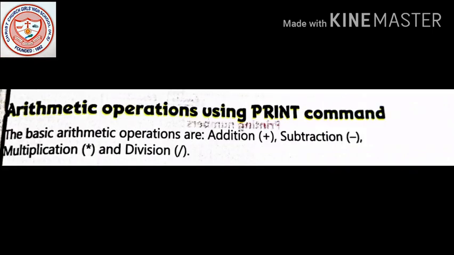Now arithmetic operations using the print command. The basic arithmetic operations are, can you name them?